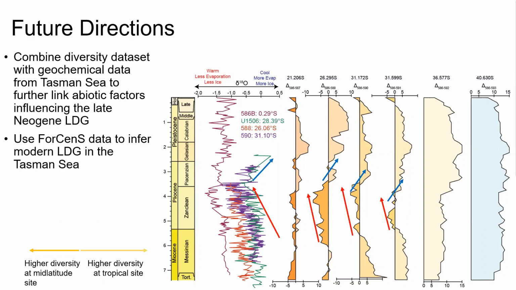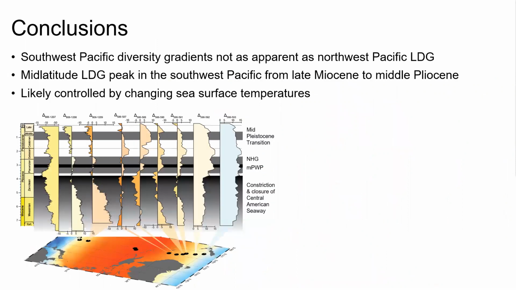towards the equatorial regions. There is also limited information about modern planktic foraminiferal species distributions in the Tasman Sea and the modern LDG. So we will use the Census database to map species abundances and calculate the modern latitudinal diversity gradient. Thus far, our major findings from the study indicate that the planktic foraminiferal latitudinal diversity gradient in the Northwest